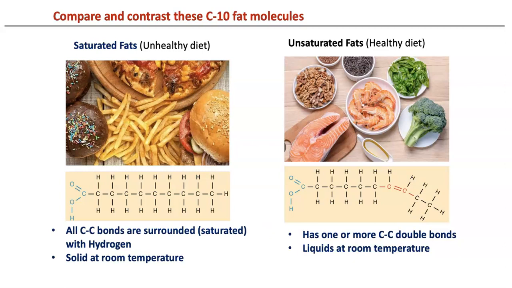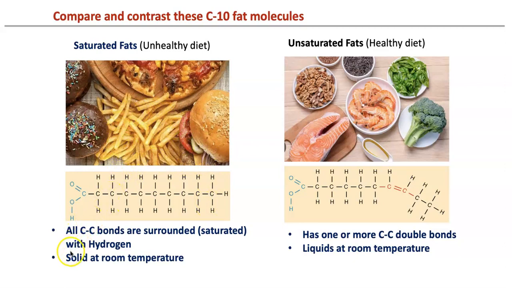So let's look at the saturated and unsaturated fat structure. All of these are molecules with 10 carbons in the carbon chain. And remember I told you most of the foods, everything organic, is made out of covalent bonds. All the food you eat also contains covalent bonds. Saturated fats are called saturated because all of the carbons are filled, or saturated, with hydrogens. These are generally unhealthy for you,